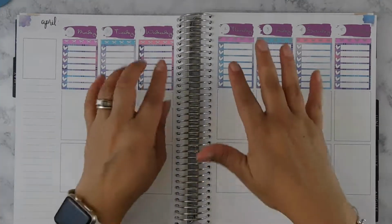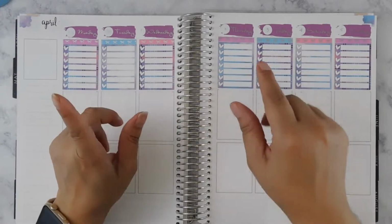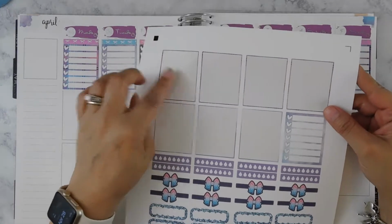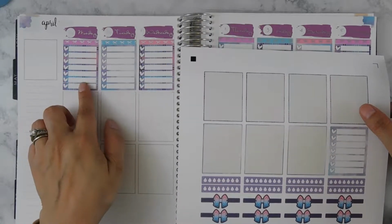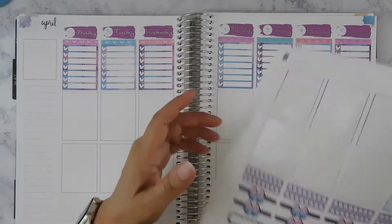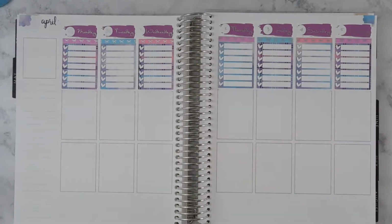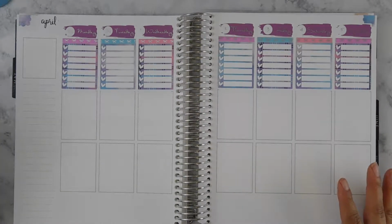Okay, so this is what this looks like. I noticed that on the sticker sheet the top row of these had a lot of checkered patterns in them, and the bottom row of them didn't. So I just alternated them in my planner here. So now it's time to